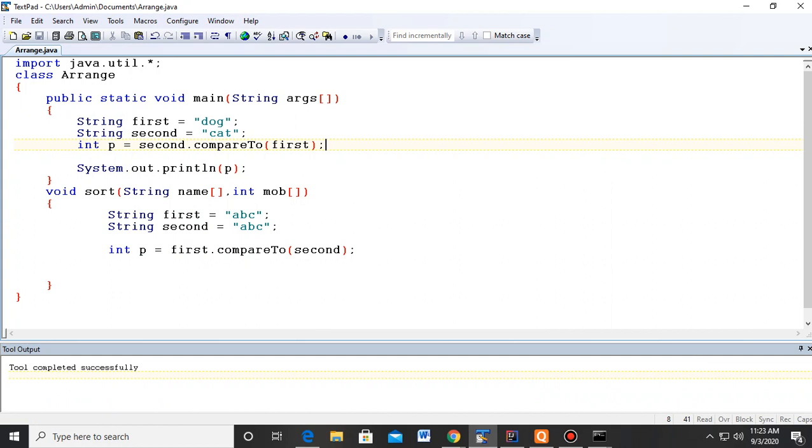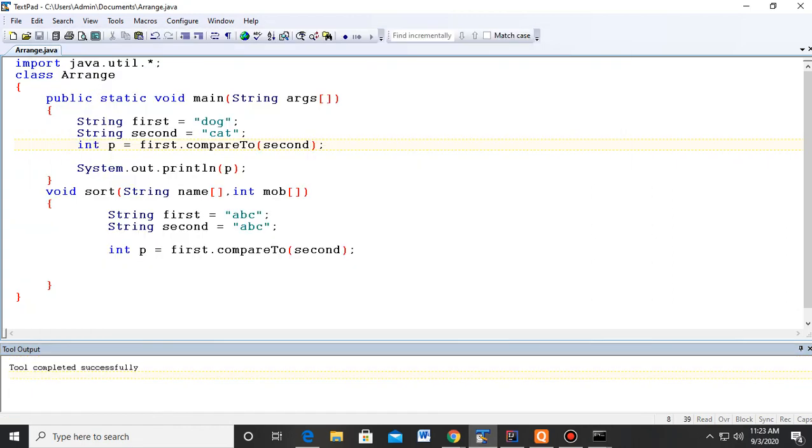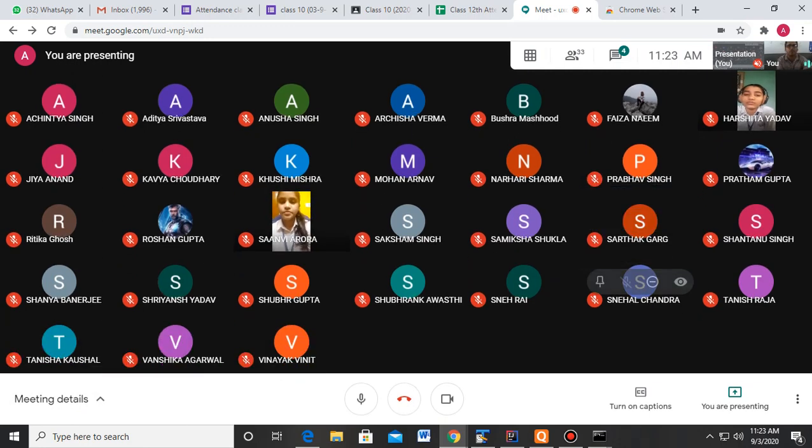But if I write first dot compared to second, the value will be positive 1. So it means the parameter on the left side of the function comes later in the dictionary. If you have any doubt, please tell.